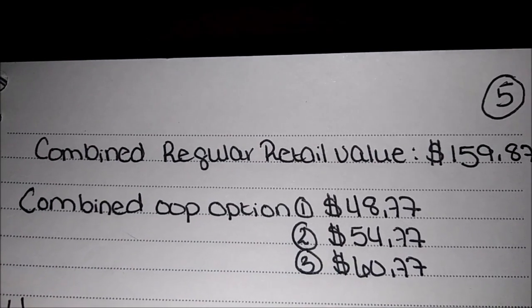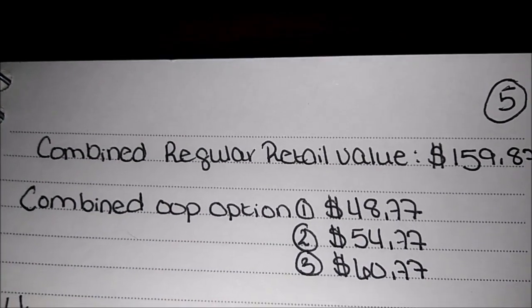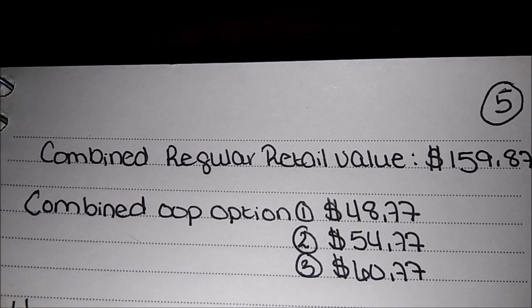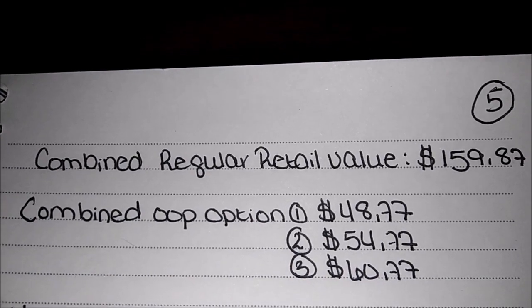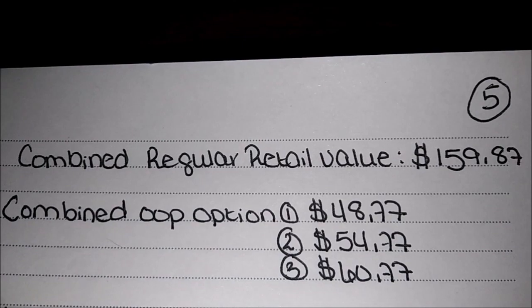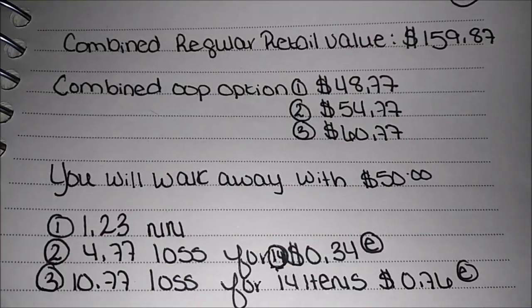$60.77. Now, I will take a screenshot and include this at the end of the video, so that way you can be very well assured of what your price points are going to be for your first 2 transactions, which have to be together to reach the $50, and then your second transaction, so you can know exactly what you're going to anticipate if you're going to separate your transactions. So you're going to walk away with